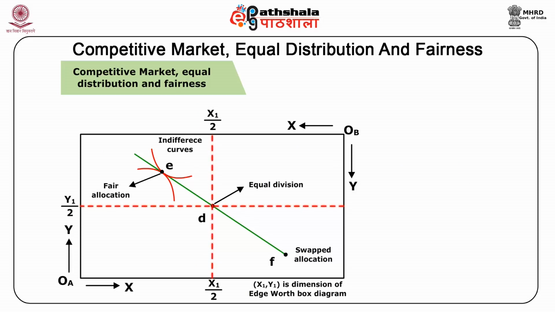Starting from an equal division, a competitive equilibrium leads to a fair allocation. This is demonstrated in the Edgeworth box diagram. Suppose we start from an equal division and, using the competitive market, reach an equilibrium. Thus, we move to a new allocation where each agent is choosing the best bundle of goods he can afford at the equilibrium price Px and Py.